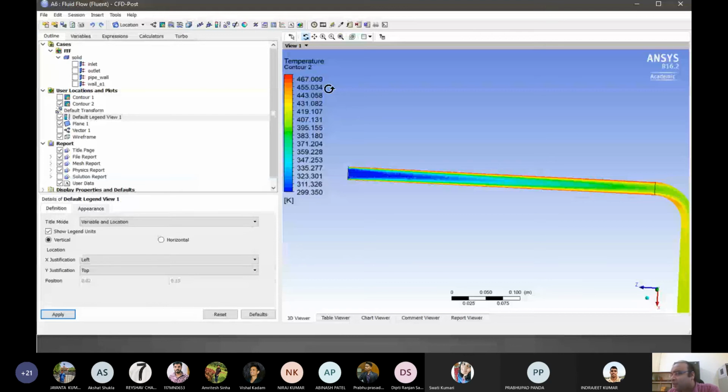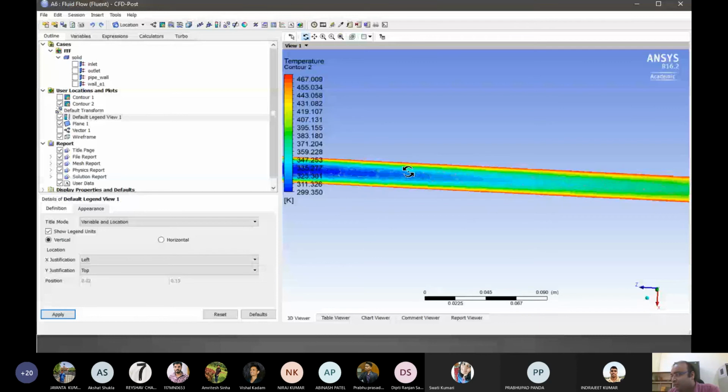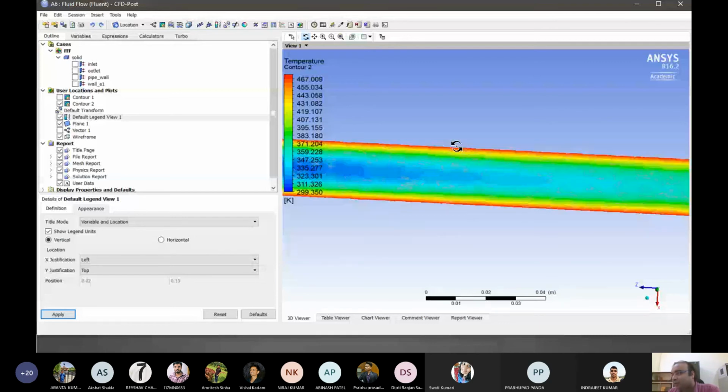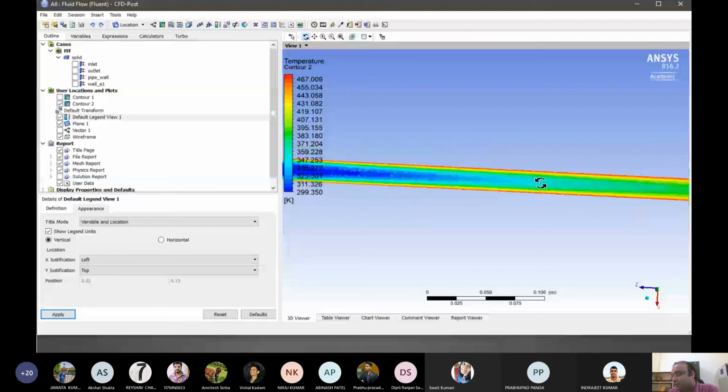Okay. So our starting point was like 300 Kelvin, right? That was room temperature, around 23 degrees Celsius. Then you see this portion was the heating element. If you zoom in, you will see the outer boundary, whatever minimum thickness we had given, basically that is representing the high temperature, 473 Kelvin or 200 degrees Celsius. Because of that, as the heating happens, that can be seen very easily here.